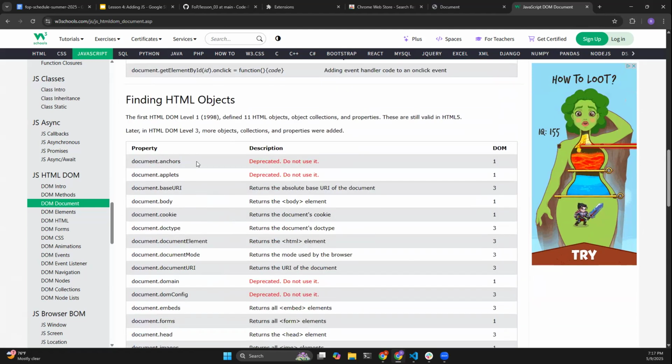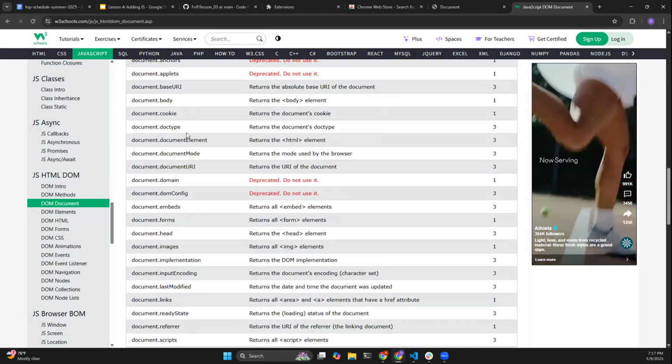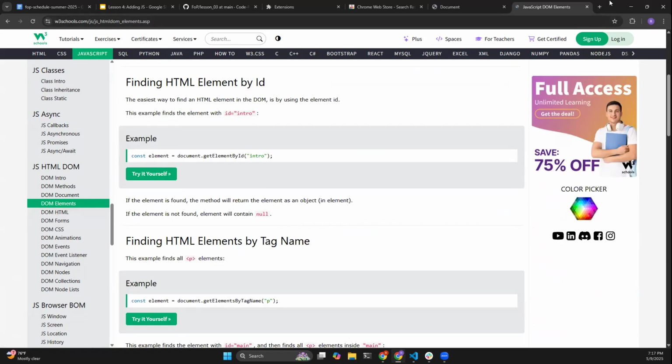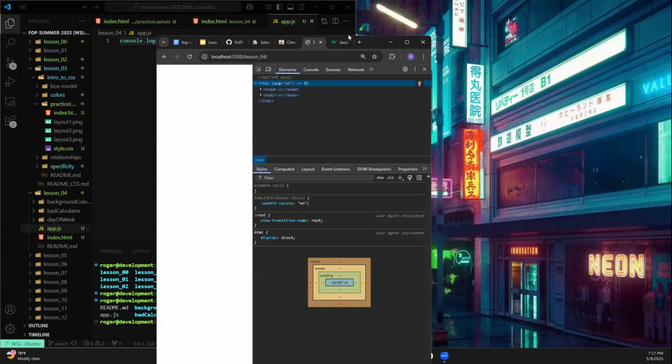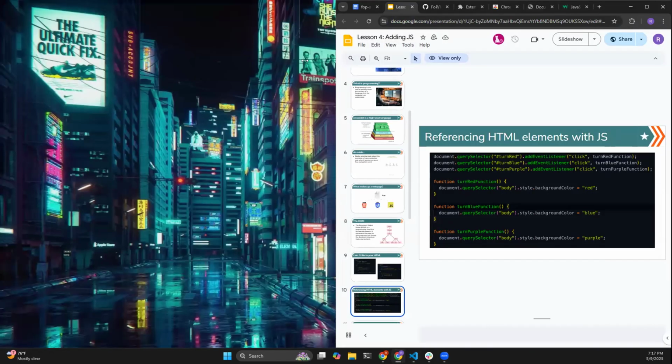Right, there's a lot of stuff that we can do with a DOM. We're not going to cover half of these at all. Okay, there's so much. But I just want to show you that so you understand that I'm not just pulling this out of thin air. This is quite literally built. It's a built-in JavaScript function. Right, so with that in mind,